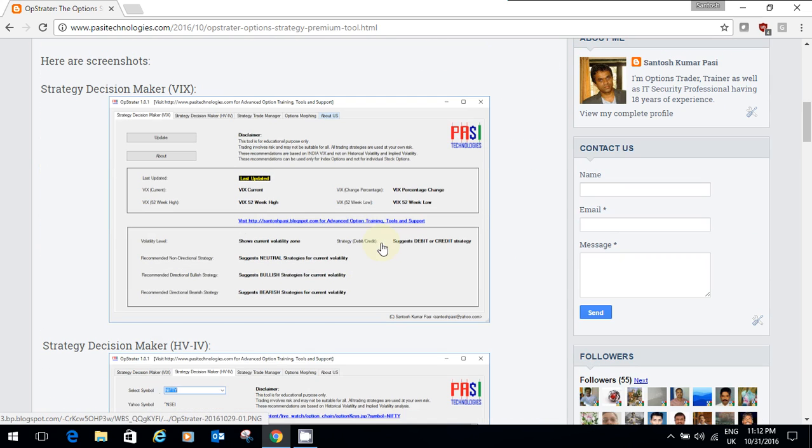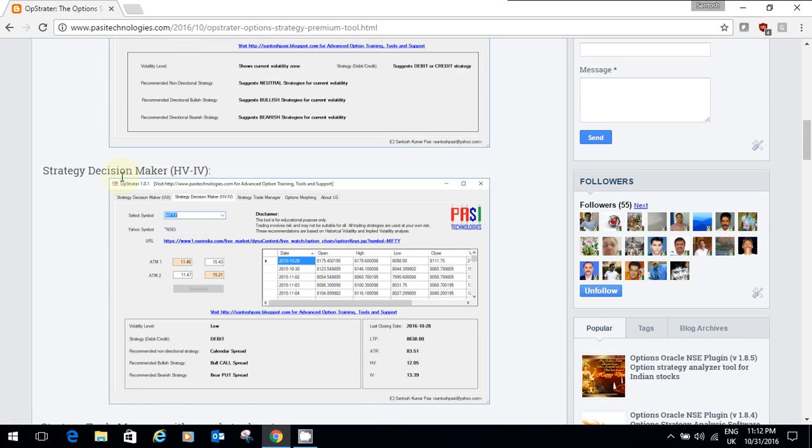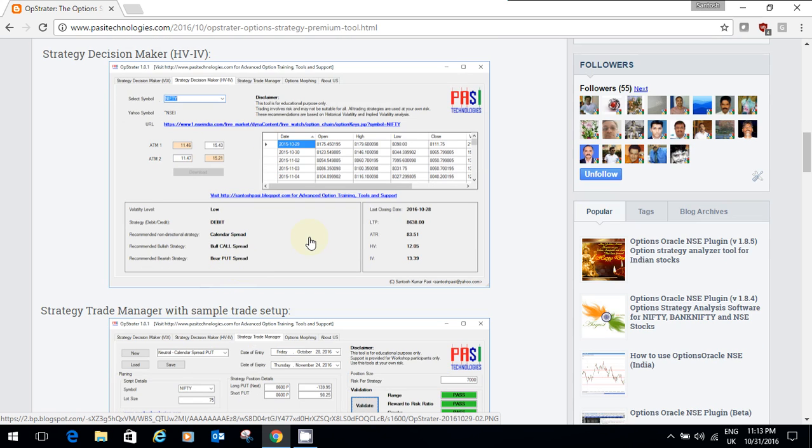Let's quickly see what the components are. So first component is strategy decision maker. This tool is based on India VIX, so this is good for index, maybe applicable for Bank Nifty. It will analyze India VIX and will recommend different strategies. Next component is strategy decision maker HVIV, that is historical volatility versus implied volatility. This is good for either index as well as Nifty 50 scripts. So we have to put in IVs, and then based on the past historical data it will analyze and will recommend